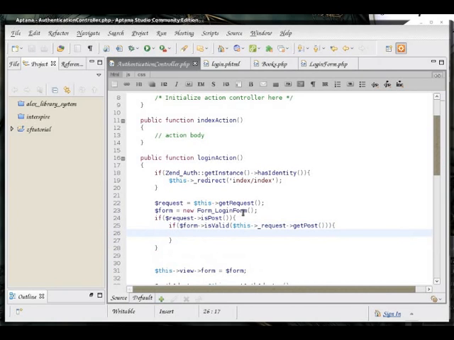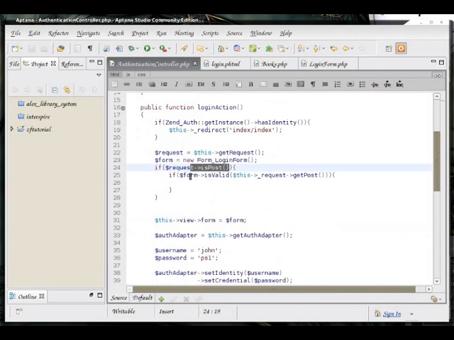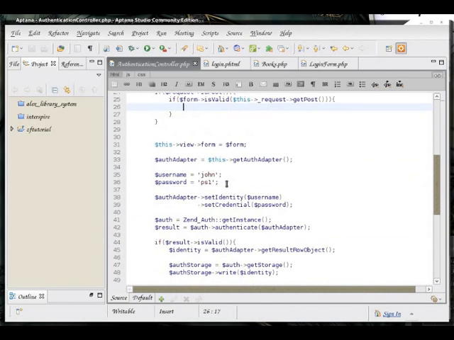So, if the request is a post, the data was submitted. If it has all the valid data in it, then we're going to go ahead and perform the authentication attempt.